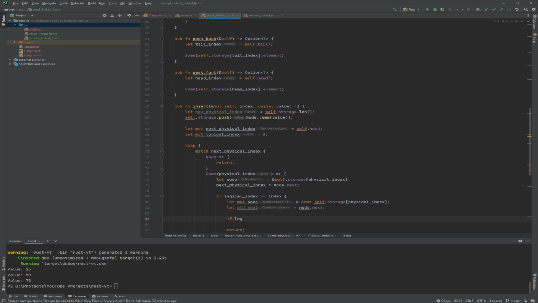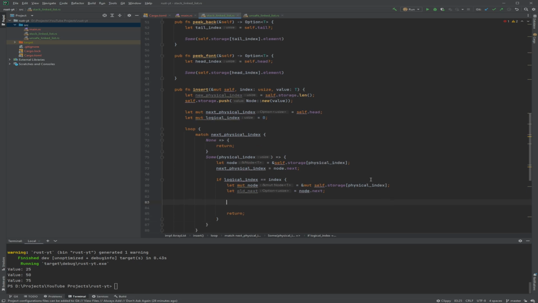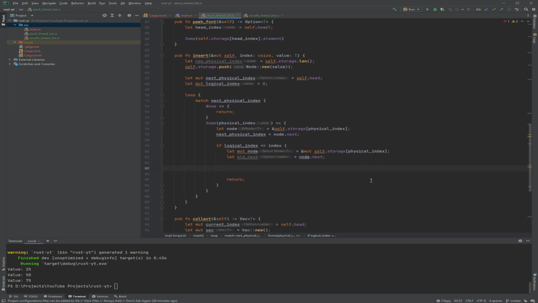And then, let me think. Okay. So then obviously we do node.next to be this new physical address, because it will be after this one. And then